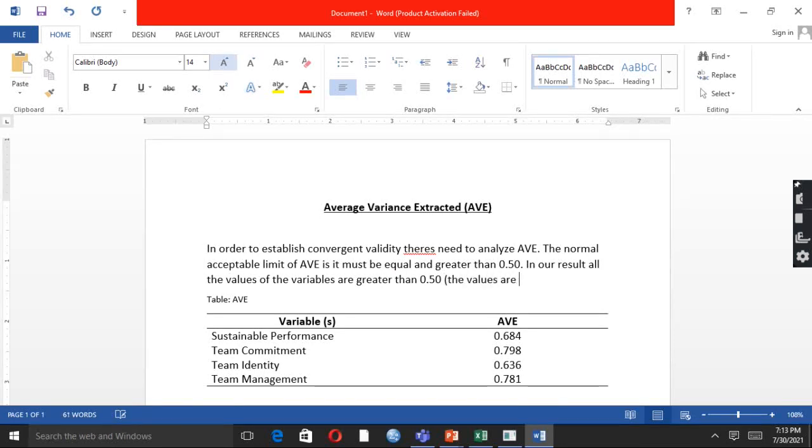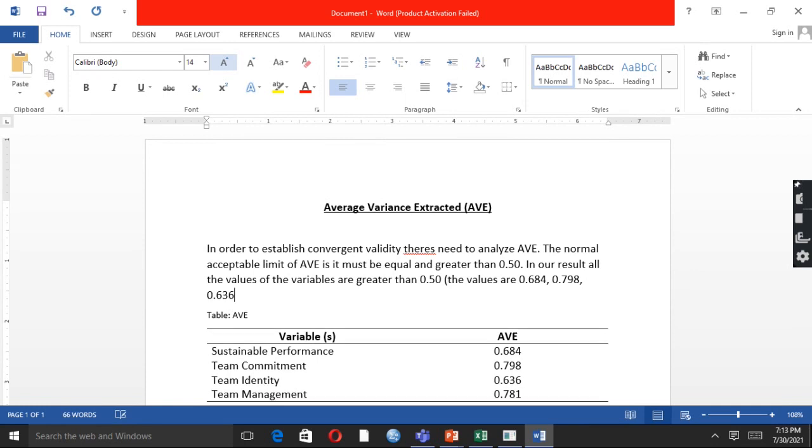The values are 0.684, 0.798, 0.636 and 0.781. Basically these values are greater than 0.50.